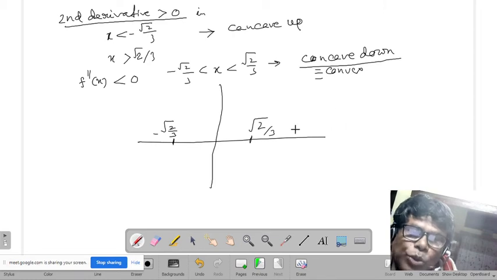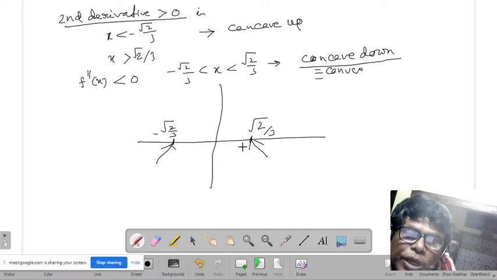Okay, so within this region the second derivative is decreasing, and here the second derivative is increasing. That means at these 2 points the concavity changes. Here this is a convex region, so it is transforming to a concave region here and here. Within this region it is convex, but outside it is concave.